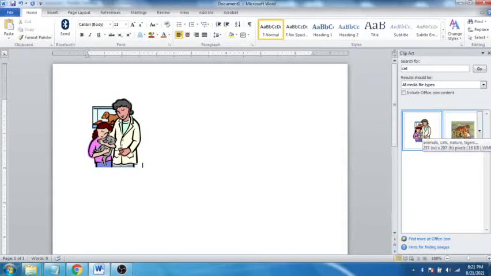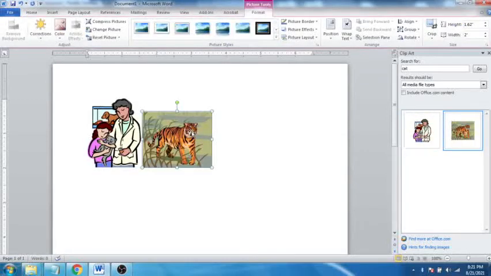So if you want this, the tiger, click on it. It appears on the screen. If you can see, the size of the image is small. The clipart image is small. So if you want to make it big,